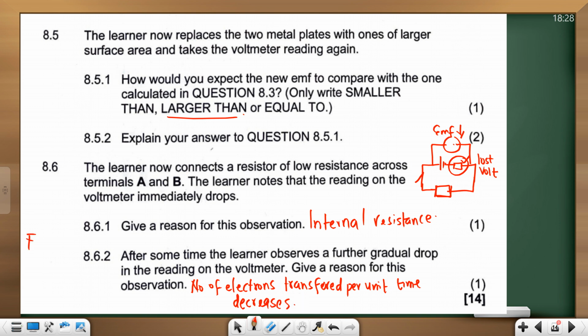Let me put a flat cell note here. Flat cell, EMF becomes what? Zero. Why? We have reached a state of chemical equilibrium. Awesome. That's 30 marks so far, done. More than 30 marks. You should be able to answer